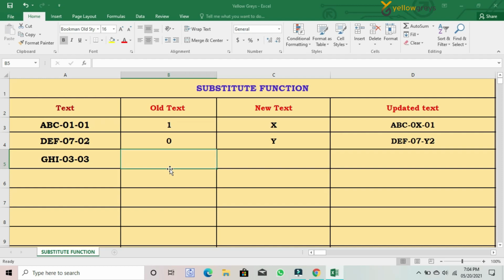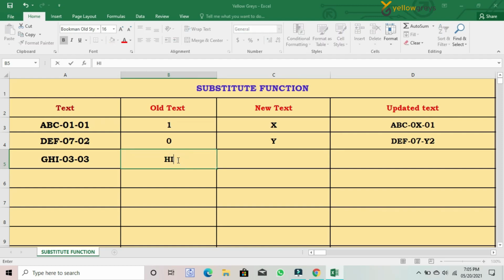A question arises whether the text should be of a similar length, which means, like, I have to change only 2 characters instead of 2, like that. Let's try with some 3 or 4.